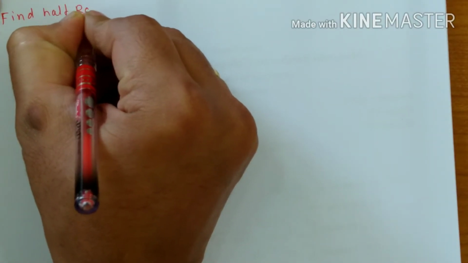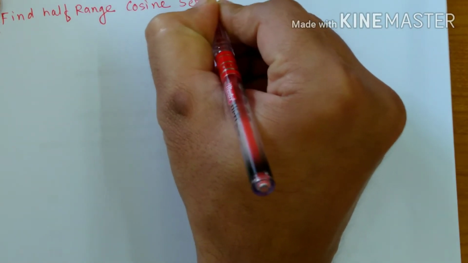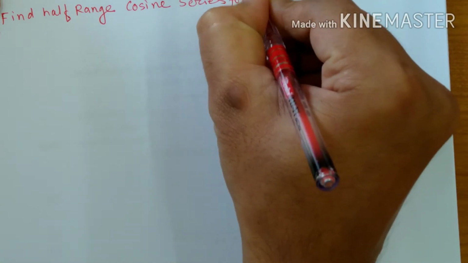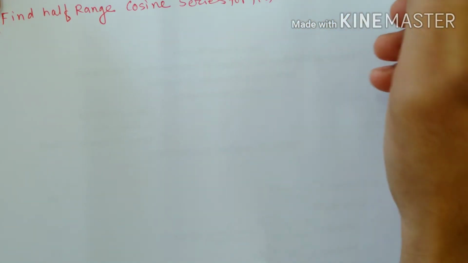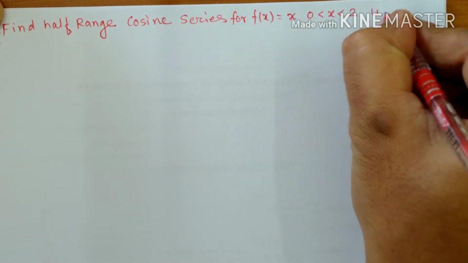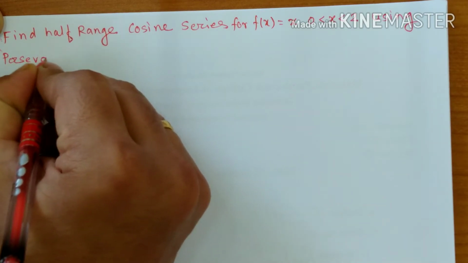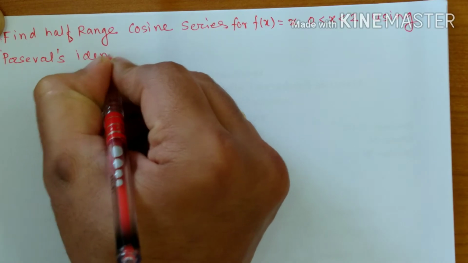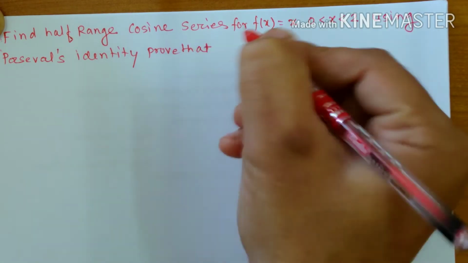Okay, the question is: find half range cosine series for f of x is equal to x, 0 less than x less than 2, and using the Parseval's identity, prove that number 1,